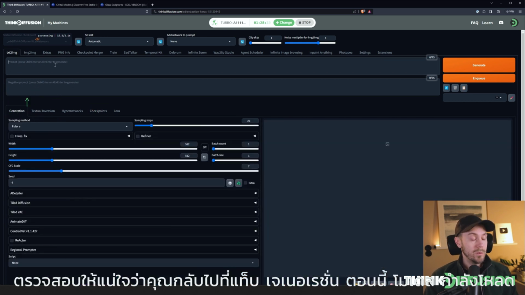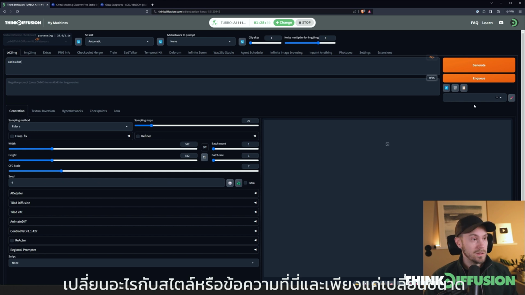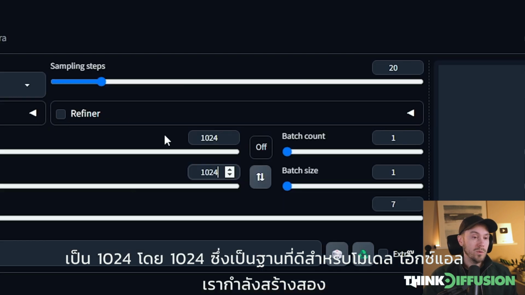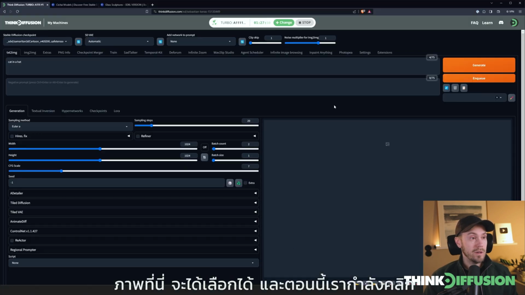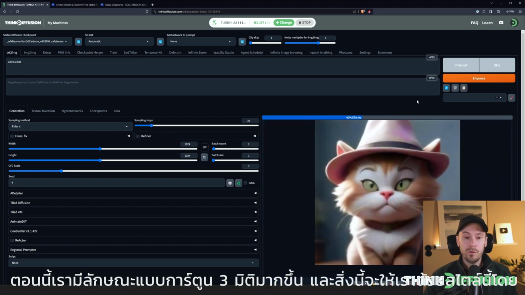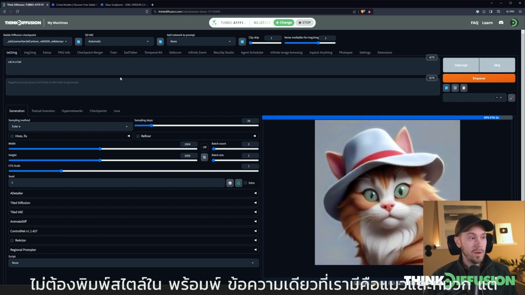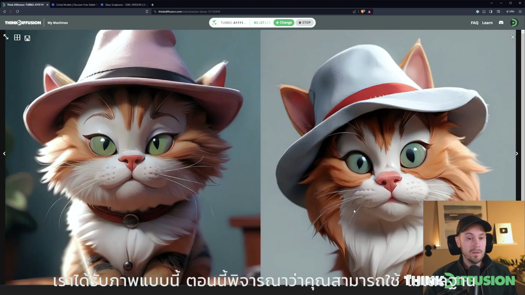Now, once this is loading, we can input a prompt again. So let's do cat in a hat again without actually changing anything with the styles or the prompt here, and just changing the size to 1024 by 1024, which is a good base for the XL model. We're going to generate 2 images here just to have something to choose from, and now we're clicking generate here. So now we're not using the ThinkDiffusion XL realistic model. Now we have more of a 3D cartoon kind of style, and this will give us this style without actually prompting for it. So the only prompt we have is cat in a hat, but we're getting this sort of